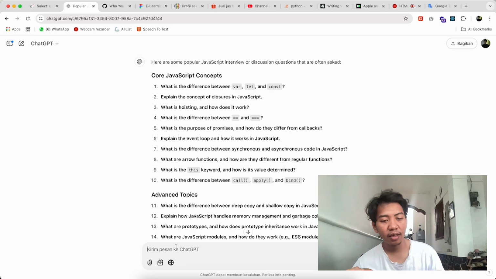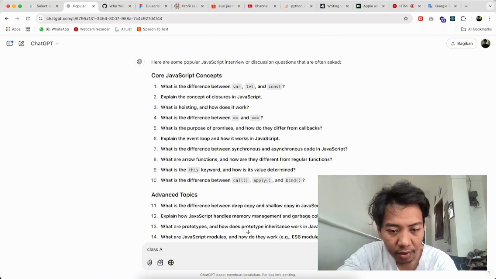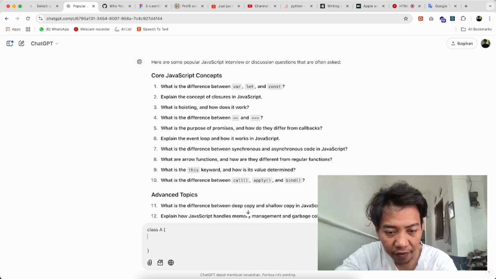Let's say class A contains several functions. Const A1